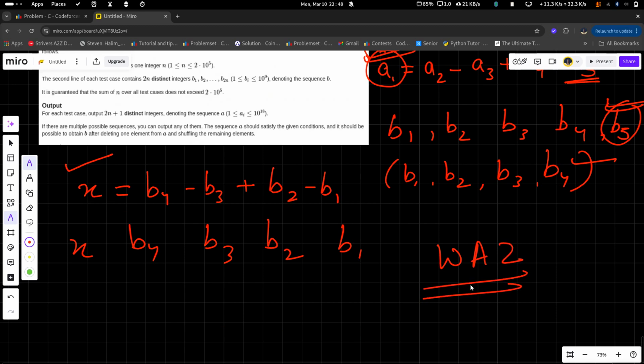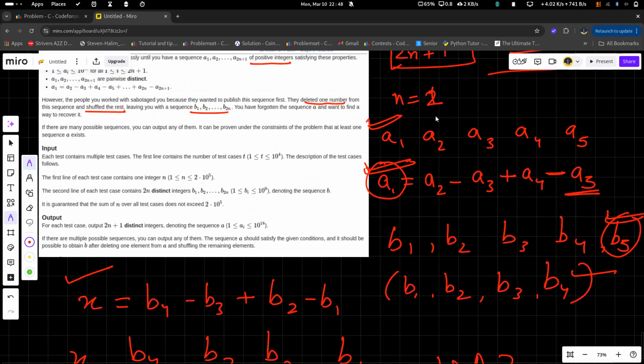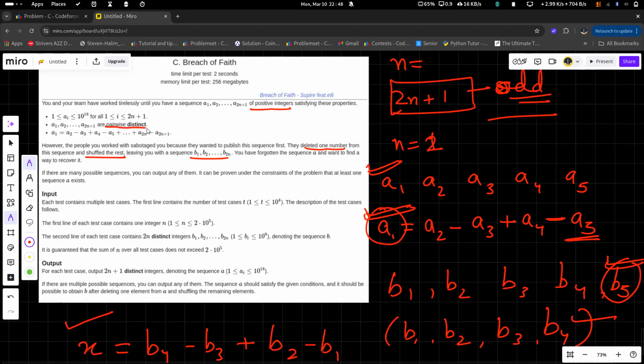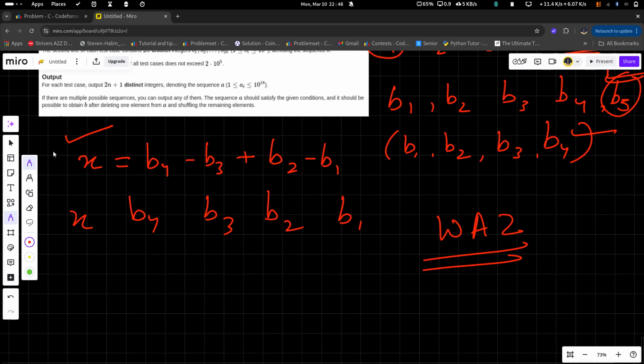So I thought, what should I do next? What is the problem now? When I was thinking through this whole intuition, I missed one point: the elements are pairwise distinct. Now when I am making this, I know that b4 plus b2 is greater than b1 plus b3, because this is supposed to be a positive number.